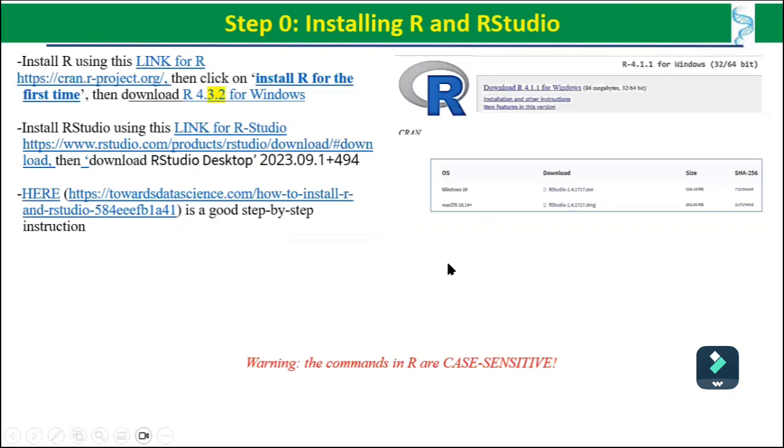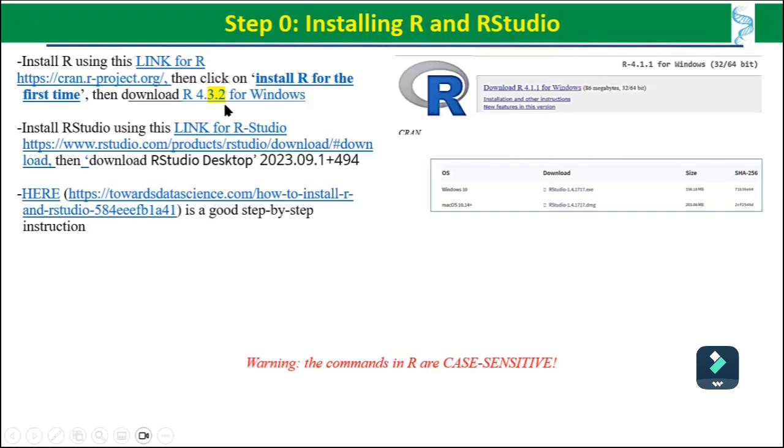Now, for R programming, you have to install both RStudio and R on your computer. There are two different sites that you have to go to and install both of them. It doesn't take much time or much space on your computer. So you install R using the link. If you click on this link, it will take you to the site. In case the link doesn't work, copy and paste this link into your browser, and from there, if you have Windows, then you click on this